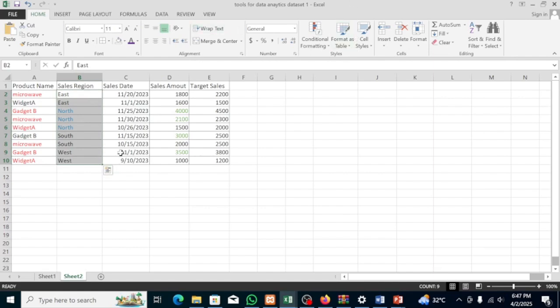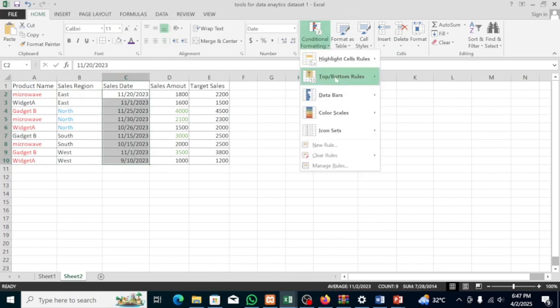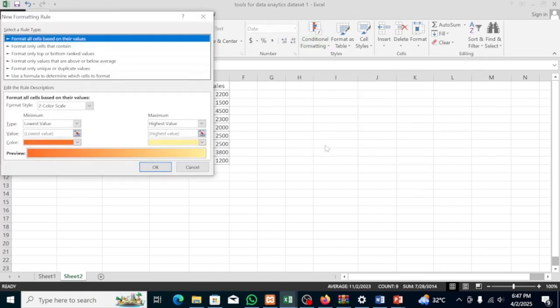Then the fourth one says dates. We're going to be highlighting dates based on the sales date. So sales date here, basically November. We're focusing on November. We want to highlight the sales that were made in the month of November. So the rule here, we select C2 to C10, conditional formatting, new rule, and then use a formula